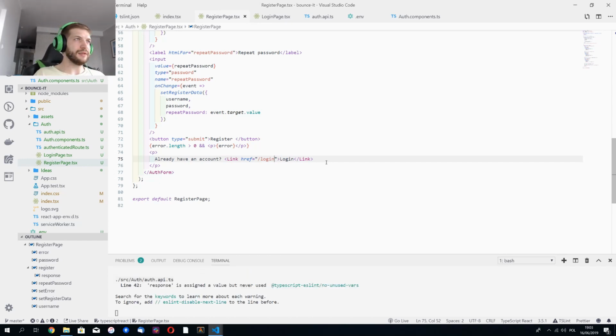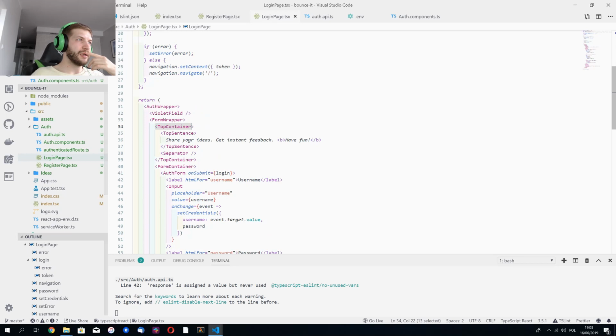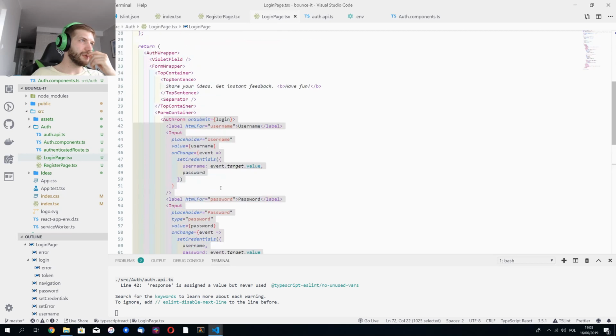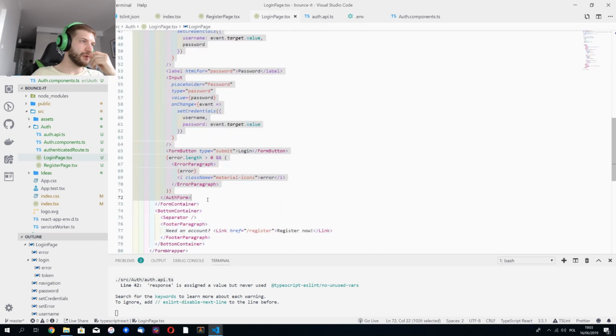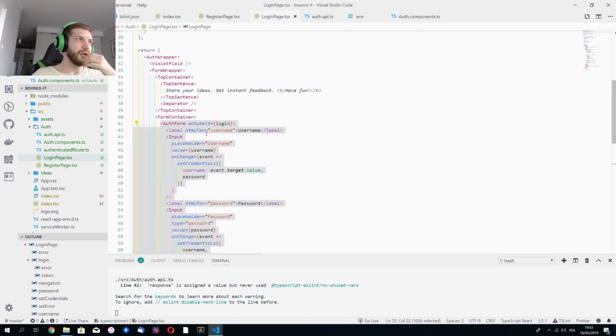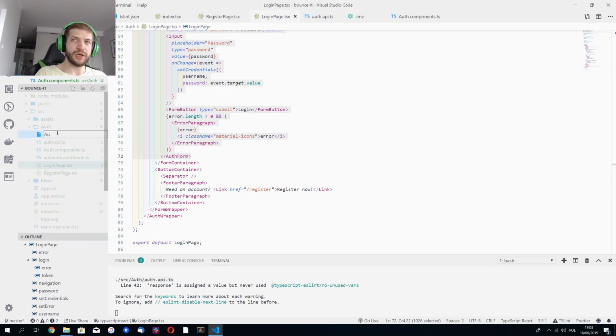And then, okay, I can see that here everything that we have in register page is our form, and this is pretty much this. Okay, so this is the part that is unique to my view. Everything else I would like to be pretty much the same. So what I'm going to do is create next component, and I will call it auth_form_wrapper.tsx,